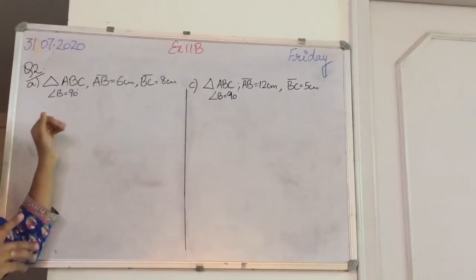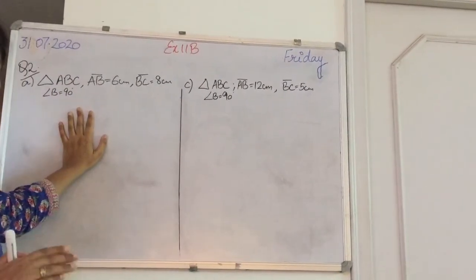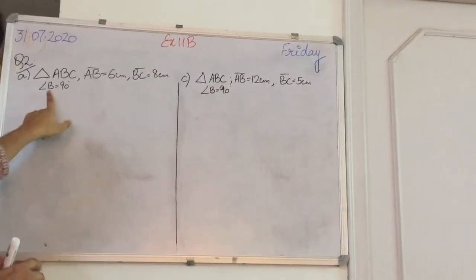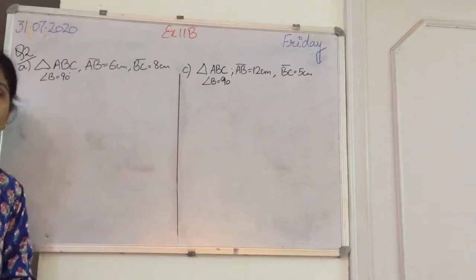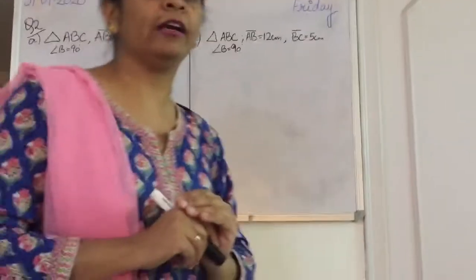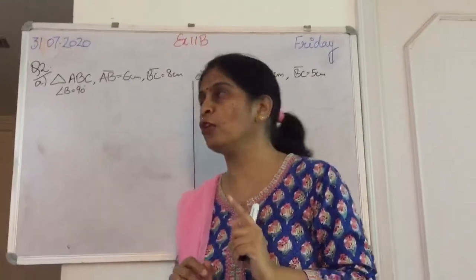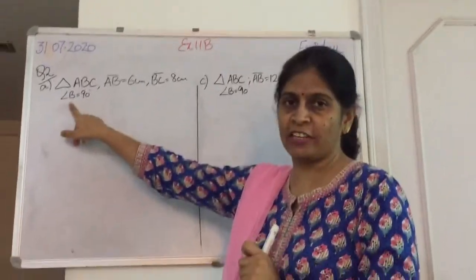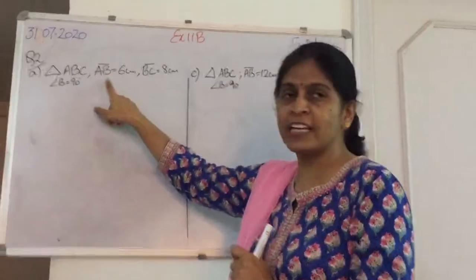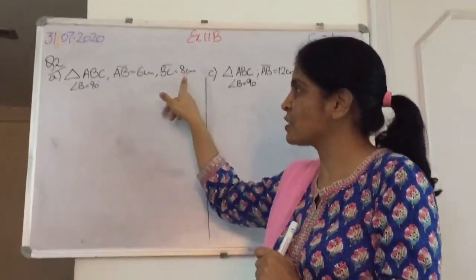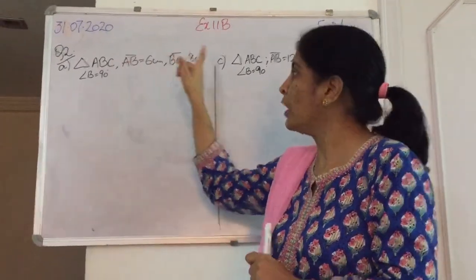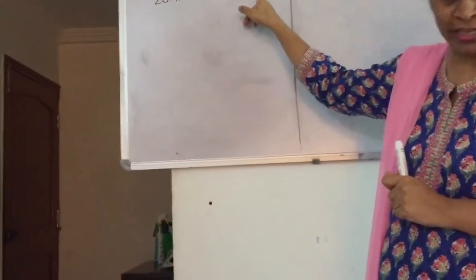One angle is 90 means it can be related to Pythagoras theorem. Now angle B is 90. Students, whenever any condition is given to you and you have to draw a right angle triangle, just keep one thing in your mind, that whatever vertex is given, that should be on the base. Like if AB and BC, in this case B is on this side as well as on this side. But if angle C is given to you, then you will draw BC as base.